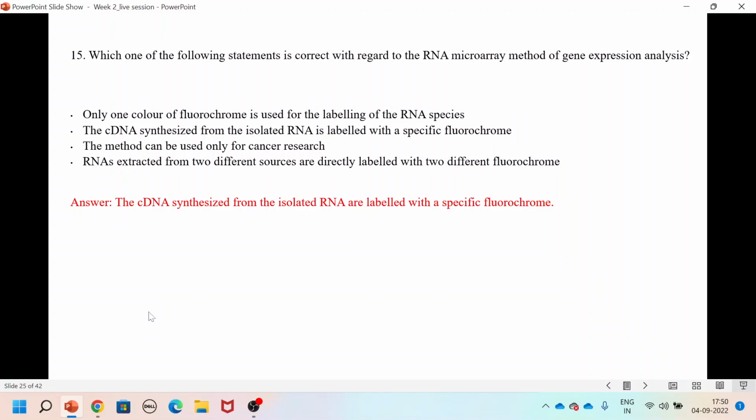Okay. This is the basic principle of a microarray where we synthesize the cDNA from the isolated RNA and it is labeled with a specific fluorochrome. So